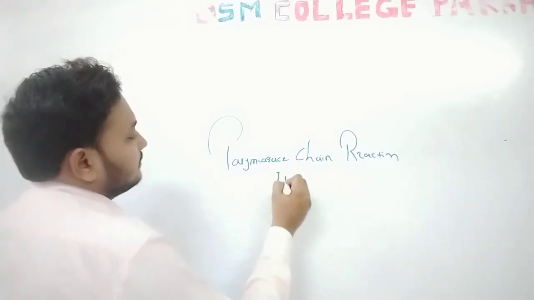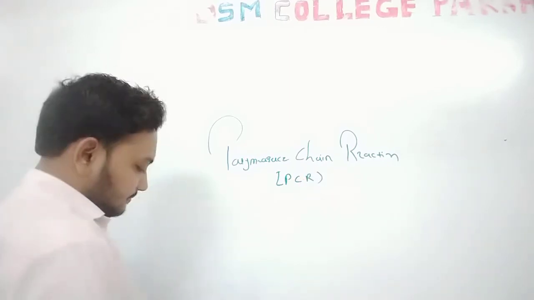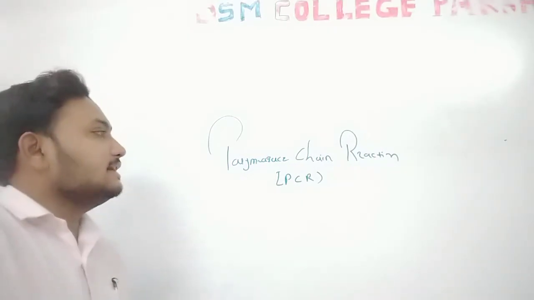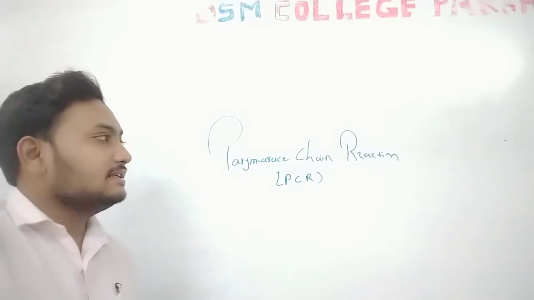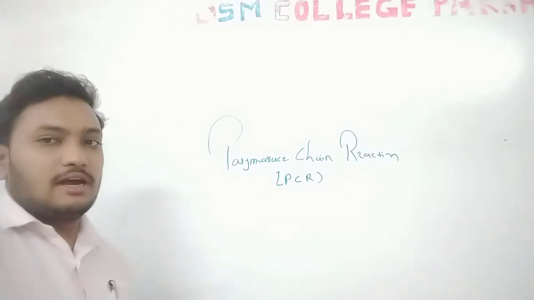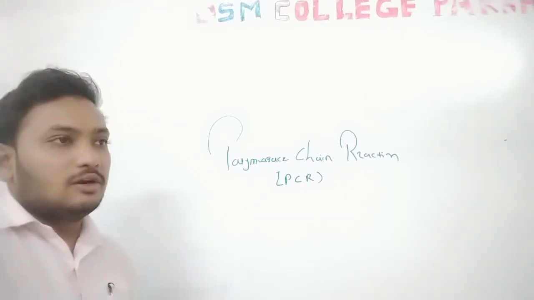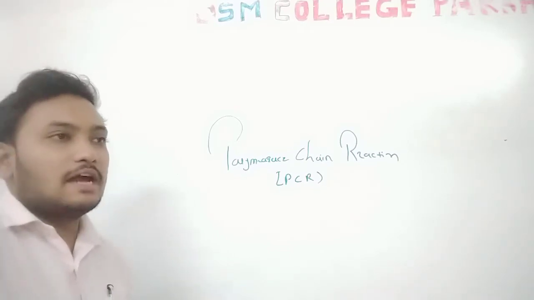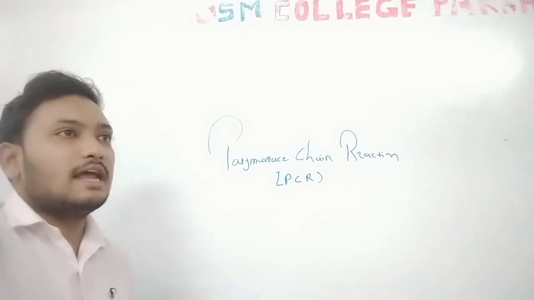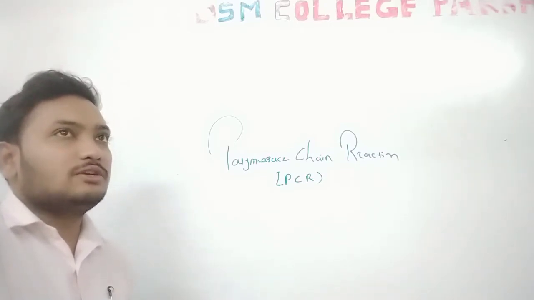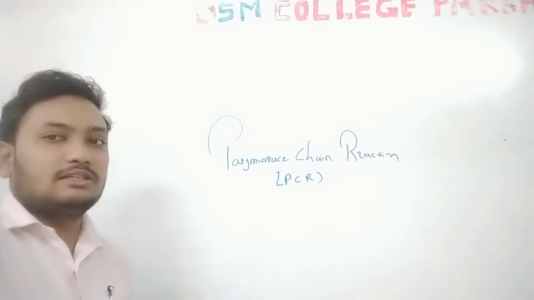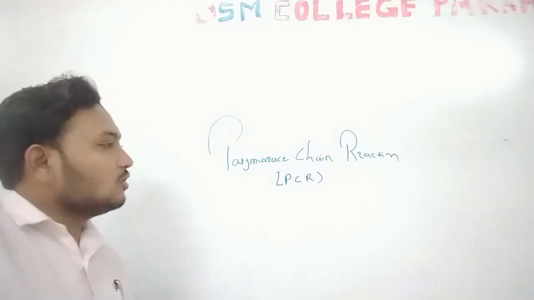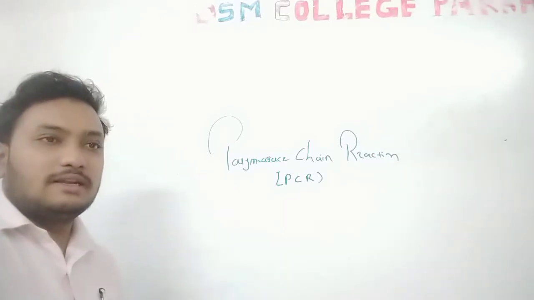That is our PCR. Okay, so P stands for polymerase, C stands for chain, and R stands for reaction. PCR is an important tool nowadays. As you know, for the diagnosis of coronaviruses, most laboratories use the reverse transcription type of the polymerase chain reaction. So the full form of PCR is polymerase chain reaction.